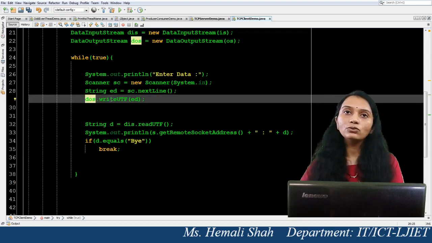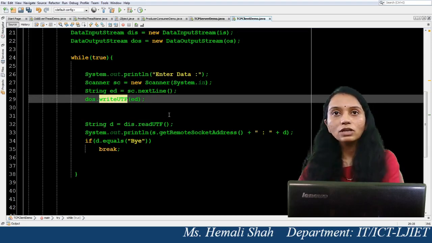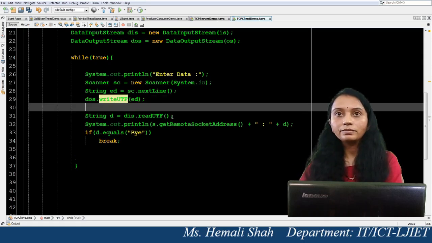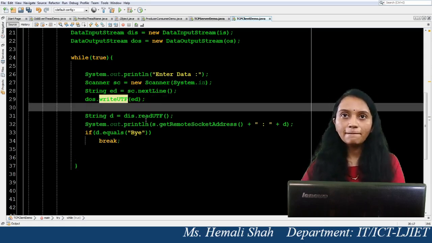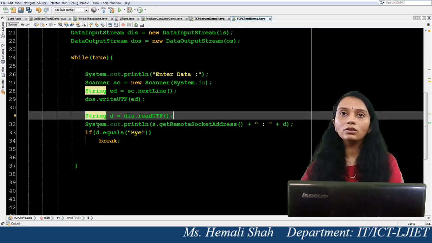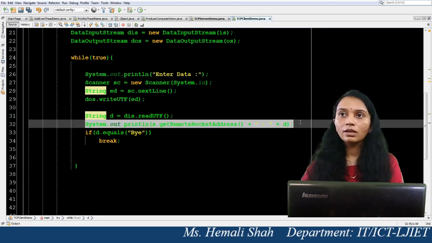For that, it uses the dos.writeUTF function. Now after sending the data, it waits for the reply. The readUTF function is a waiting function. Until the server writes something, this program will not execute the next code.